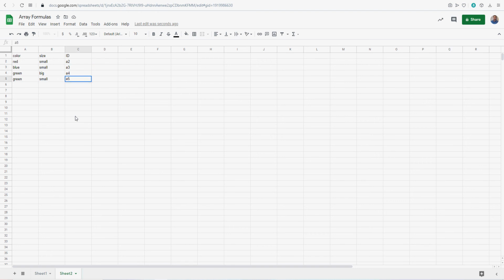A5. So let's say, and this is probably on another tab if you were actually doing it, but let's just say you wanted to see A3 here, A4. And you wanted to see, oh, hold on, normally the ID goes in the far left of something. So you want to look up the result of the color based on the ID. So you do array formula, VLOOKUP,